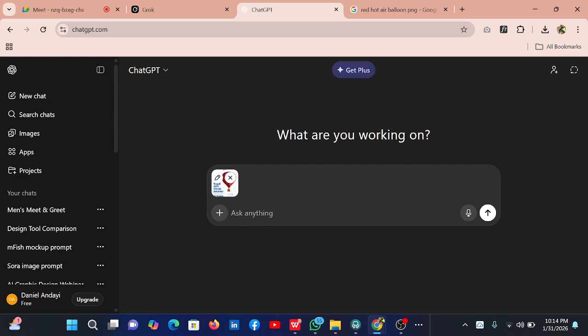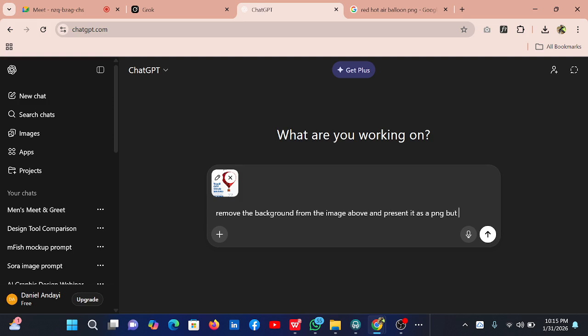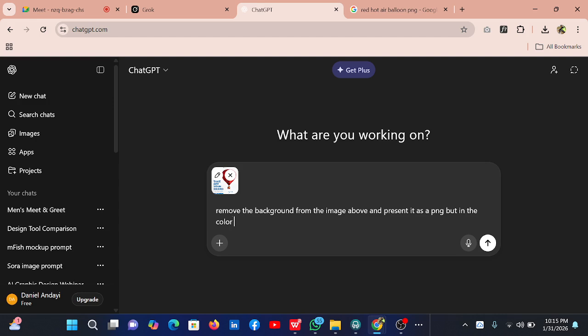I'll go and tell it, remove the background from the image above and present it as a PNG, but in the color code.